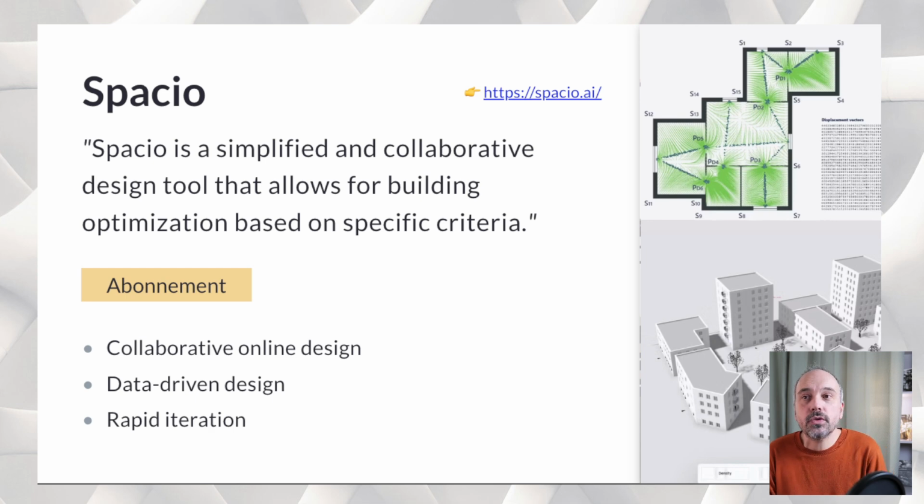So if you start a project, you need to go fast and to have some quick exchange with your client to be able to test the performance of your building. So it is exactly what Spatio is doing. To do some quick iteration of your building, it's easy to change the volumetry. You could also generate the volumetry from the start. You could modify it. You could start it by hand. Everything is possible, and it's a tool which is much more flexible than using Revit or other classical tools for